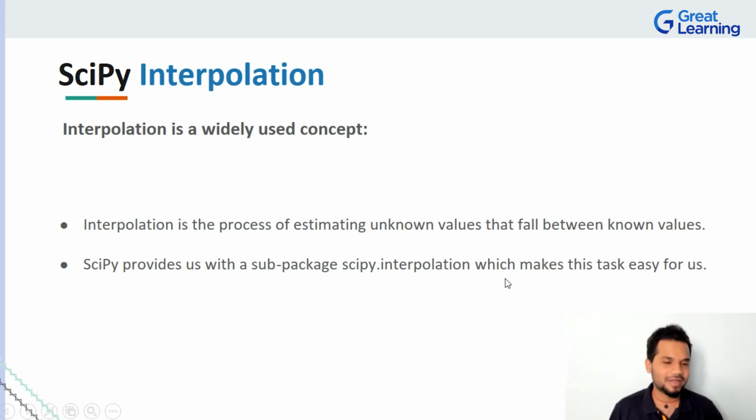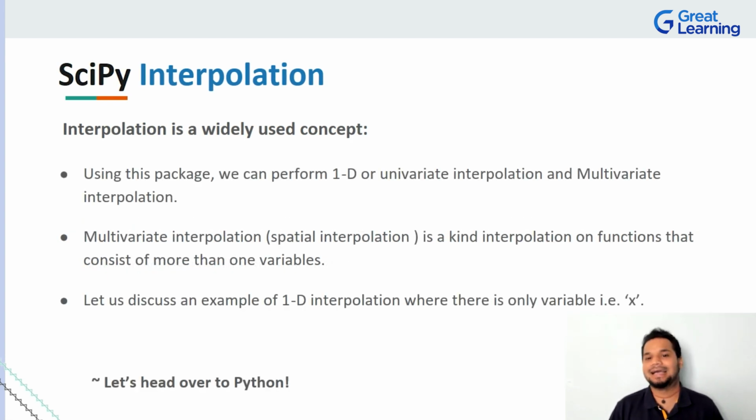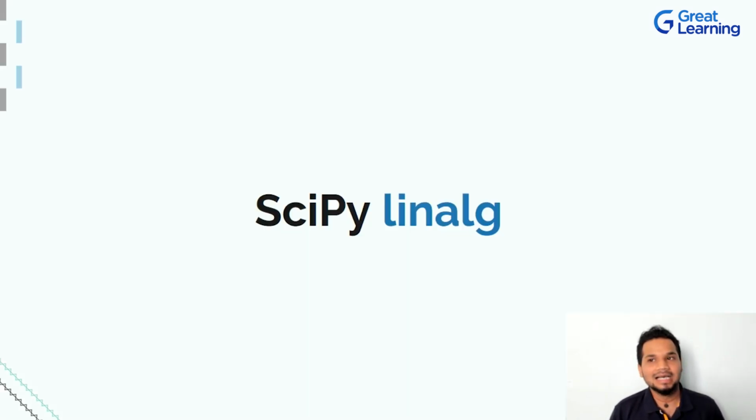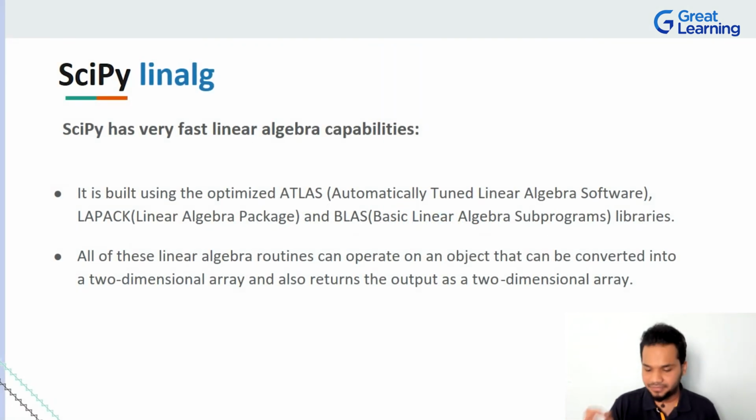As we already saw, we have a library to go about doing it. We took a look at that practically as well. Right now, we discussed all of these multivariate interpolation, spatial interpolation, and all of that. So I'm going to run through the next type of sub-package that we have to discuss, which is Linalg. Linalg, as you already know, stands for linear algebra. And whenever you have a requirement that says, hey, I want fast linear algebra capabilities, guess the sub package that you're going to be using, right?